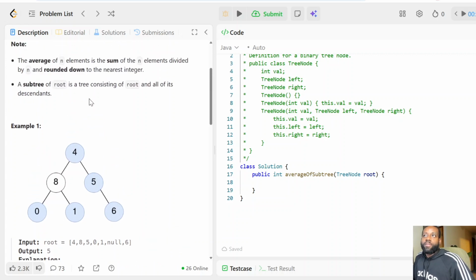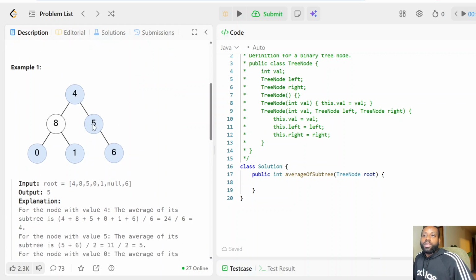The average of the subtree is calculated by the sum of all the nodes in that subtree divided by the number of nodes in that subtree. So for the subtree rooted at 4, the root node,